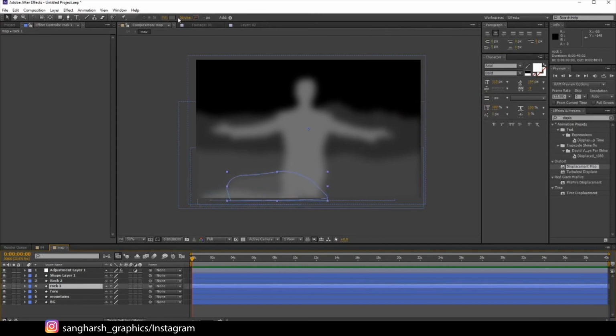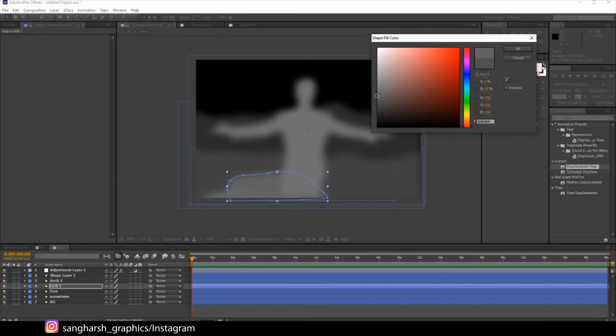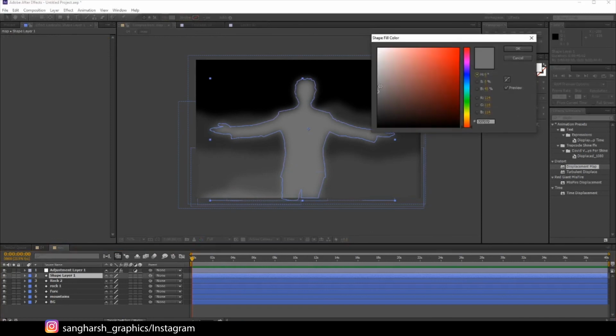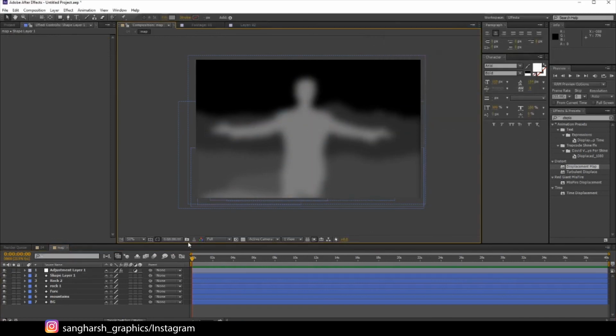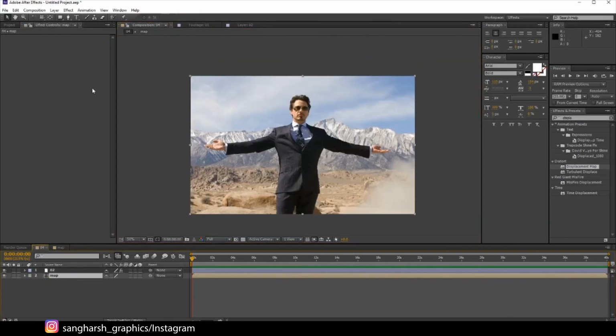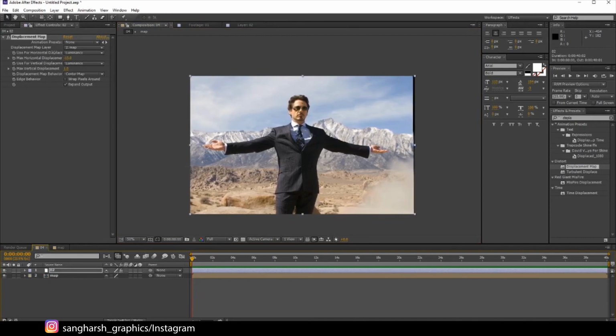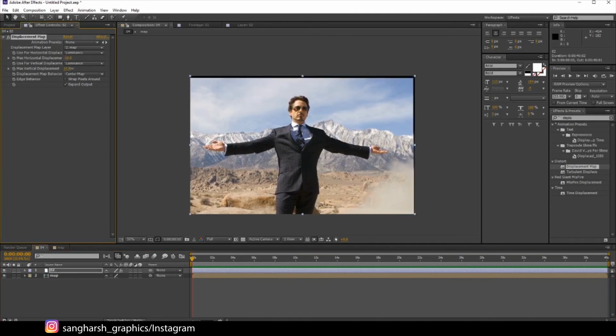Because as you can see the mountains and the sky are too far back. So just try to get the perfect bright values. Just try to get perfect black values. Now you can see if we just move a little bit, the mountains are moving too much because they are too much at the back side. Like this. Now you can animate this.